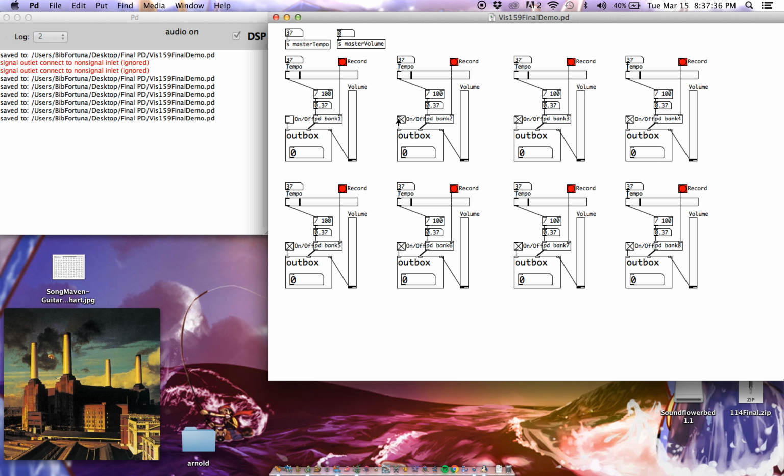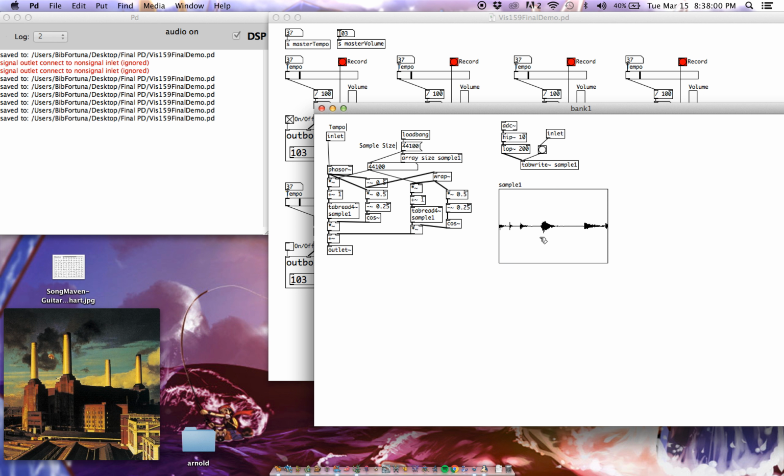You'll also notice I have these little boxes that you can toggle on and off, and that's how you can isolate a certain voice. Like let's say we just want to hear from bank 1, so I'll click off all the other ones. Let's turn it up a little bit too. So this sample, this guy right here,